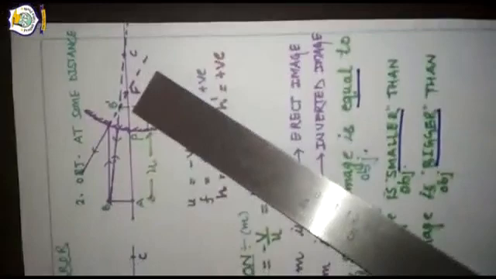Now this figure is very important of convex mirror, where the image is virtual and erect. See, AB is an object placed on left side, hence U is negative. Focal length is always positive, so F is positive. And image is also formed on right side, so V is also positive. Now look at the sign of H and H dash. H should be positive because it is above principal axis, and H dash should also be positive because it is also above the principal axis. Though it is smaller in size, it is above the principal axis, hence the sign will be positive.